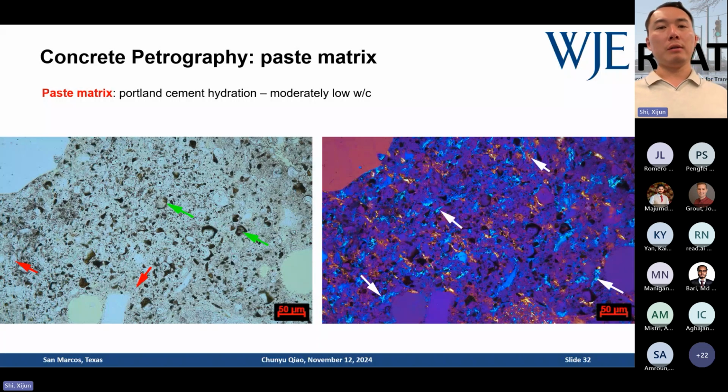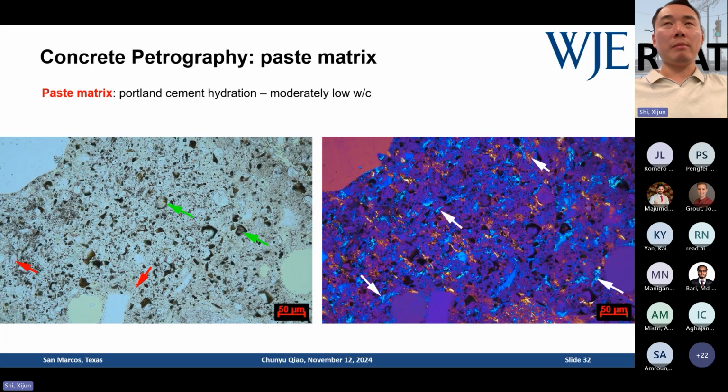So here, the image on the left is plain polarized light of a very, very thin section, so you can see the unhydrated cement particles. The one on the right is cross-polarized light with a gypsum plate inserted. Basically, understand that as a different light condition to look at the features of the paste. In that purple or pink image, in the paste matrix, you can see some orange or blue particles or features, or clouds, whatever you see, that you describe